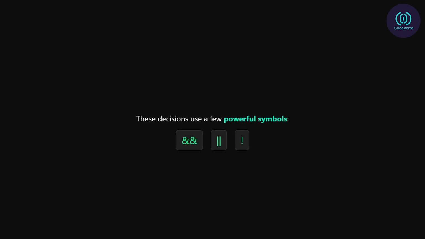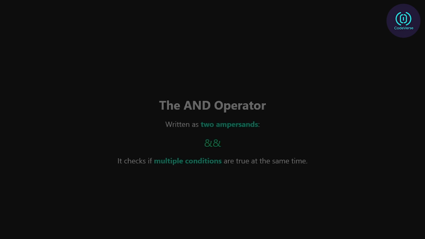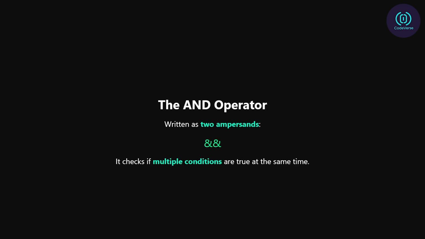These logical connections are made using just a few powerful symbols: and, or, not. Together, they let your program act more like a thinking machine, evaluating true and false conditions just like we do in real life. The AND operator, written as two ampersands, is used when you want multiple conditions to be true